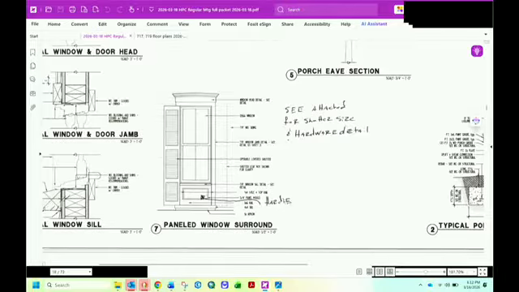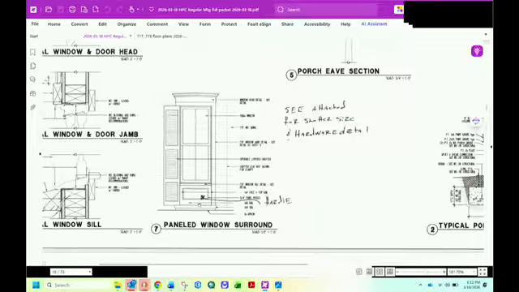Here we're showing the hardy board again for the panel and the various dimensions of some of the pieces. 3/4 inch panel mold, that trim that runs around there, leaving a 1x6 rail, a 4x4 sill, and leaving a 1x6 rail at the bottom.